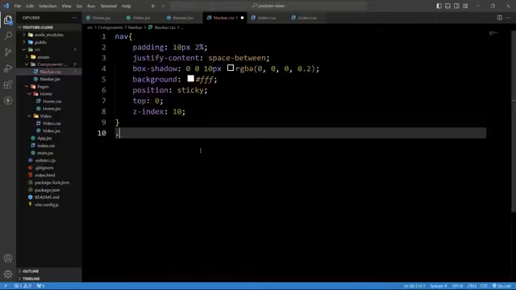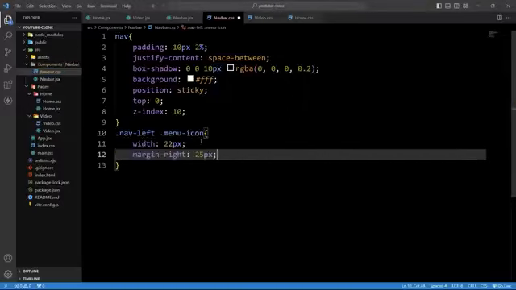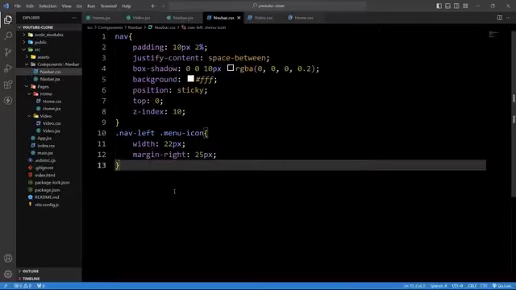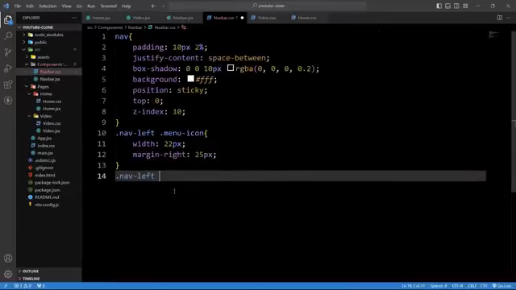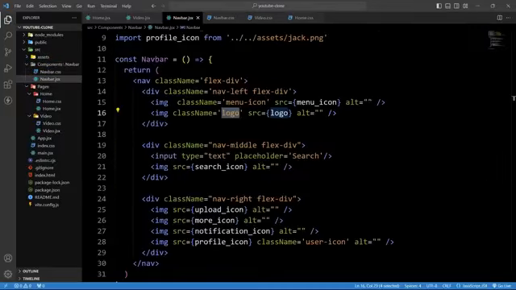So here we will type .navleft .menuicon, and here we will provide the width and margin from the right. After that, we will add the CSS for this logo. So here we will type .navleft .logo. For this logo, we will provide width. After that,